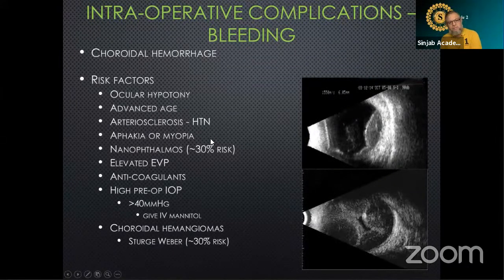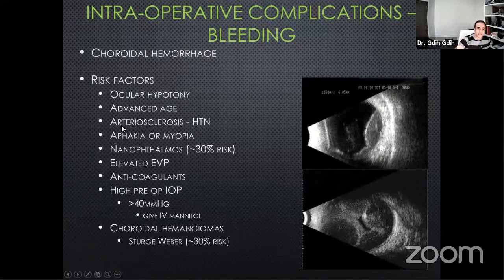Advanced age, people with atherosclerosis, arteriosclerosis, hypertension, aphakia or myopia, nanophthalmic eyes, and also elevated episcleral venous pressure like Sturge-Weber syndrome, people on anticoagulants, high pre-op intraocular pressure, especially when you start with a pressure more than 40